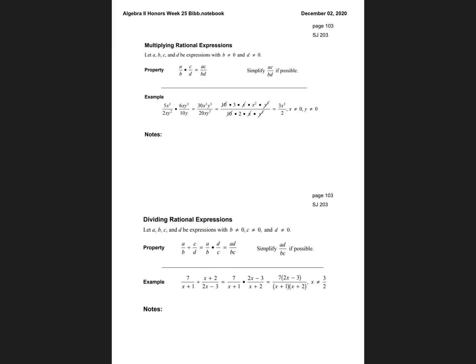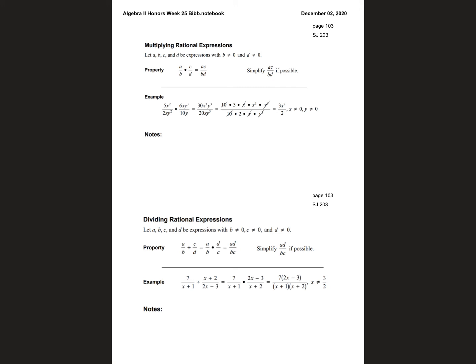To multiply them, you just multiply and then simplify. Multiply numerator times numerator and denominator times denominator and simplify when you have just monomials. When you're dividing and multiplying, when you have binomials and trinomials, you want to make sure they're in factored form,